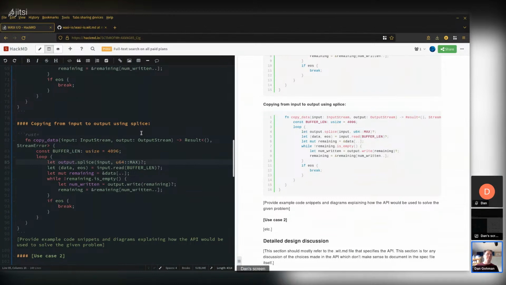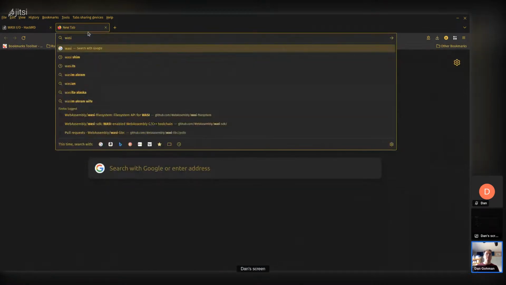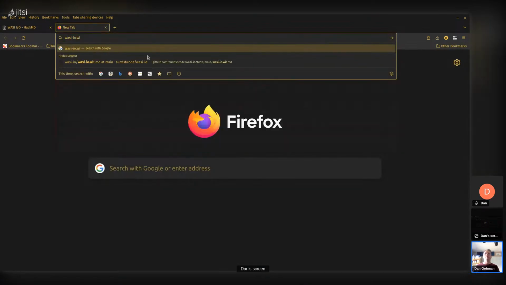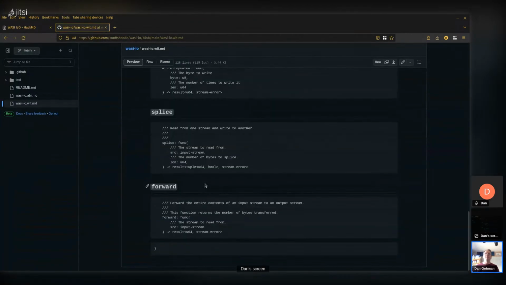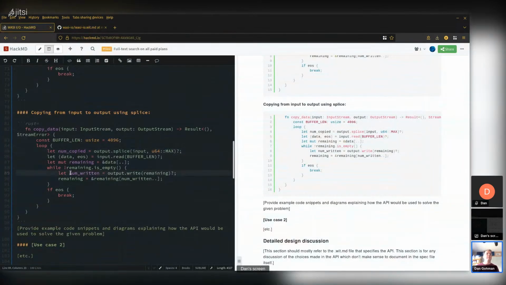Splice does return a bool. Really good. So it's going to return copied in the stream, and in this case, we don't actually care about the number copied.